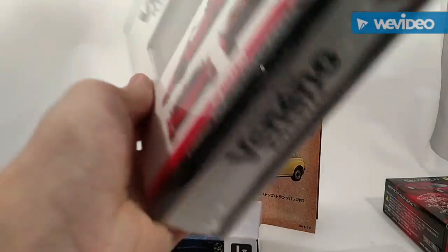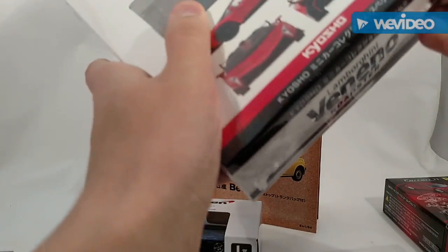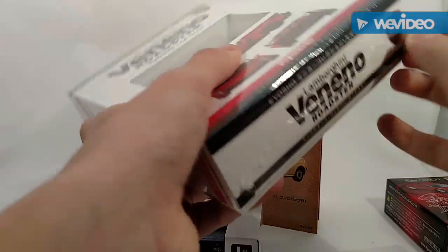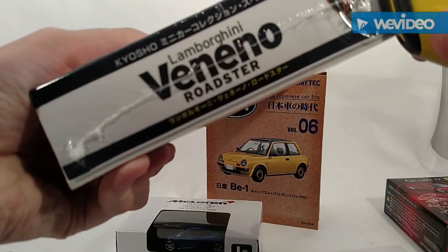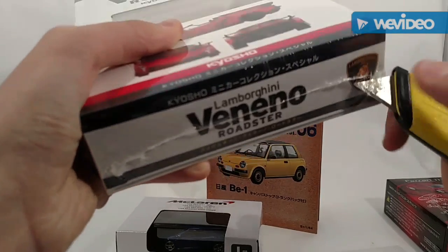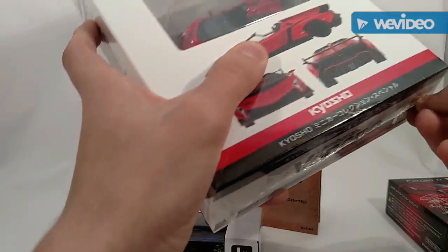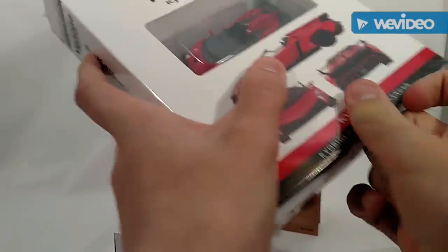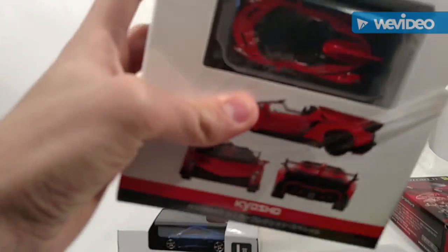Let's see, get that enough. I think I did. Nope, not quite. So then this, as I mentioned before, this Veneno is a special edition. I got this for $20, which is maybe a little high for a Kyosho. However, it's obviously special edition. It comes in this much larger, much nicer box, as well as